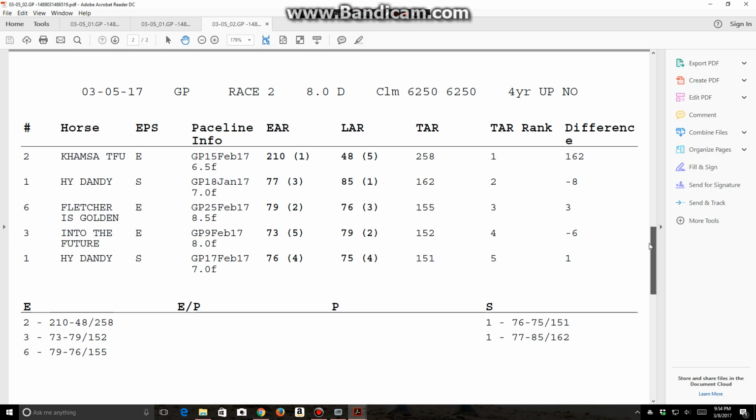On the next page of the printout is going to show us our early and late pace ratings. And these numbers are skewed just by the manual. I must have hit a wrong button over here. This is abnormally high, but